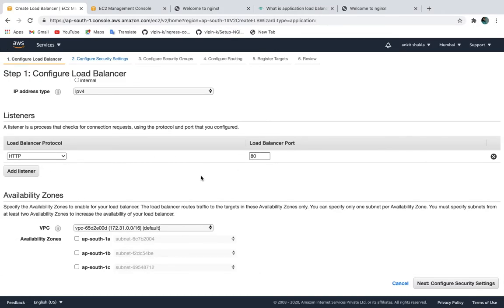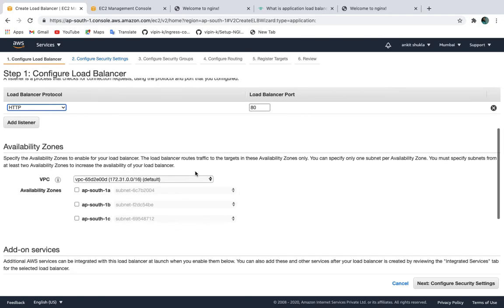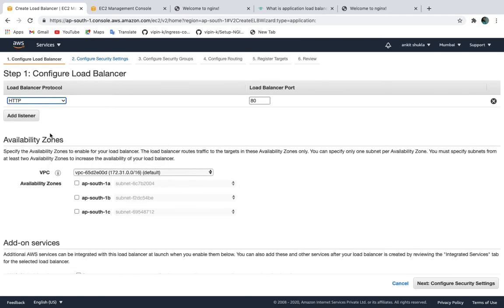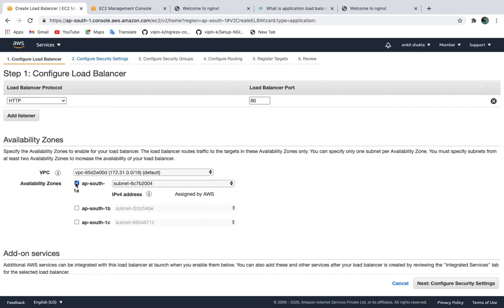But if you want to make your load balancer HTTPS, you need to add port 443. But in this case, you also need to upload the certificate. I don't have any certificate, so I'll not upload a certificate, and I'll make my HTTPS load balancer HTTP only. After that, guys, this is the most important thing: always launch your load balancer into availability zones,